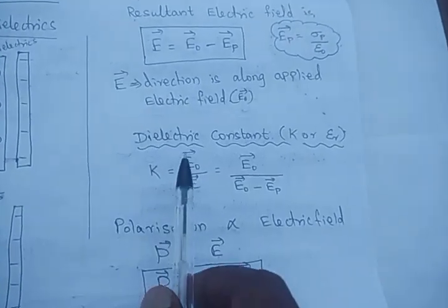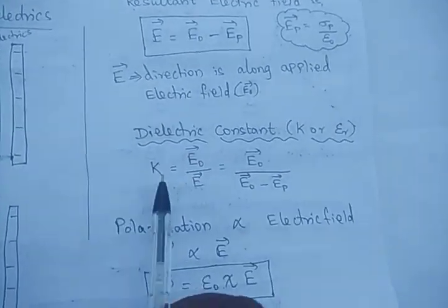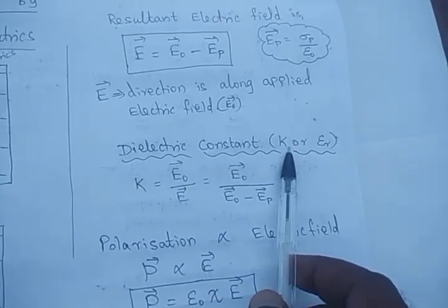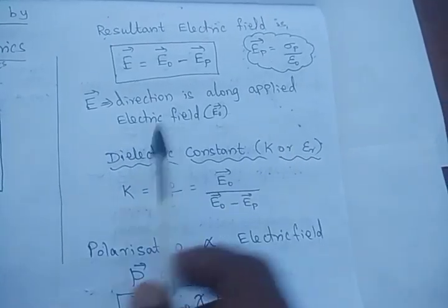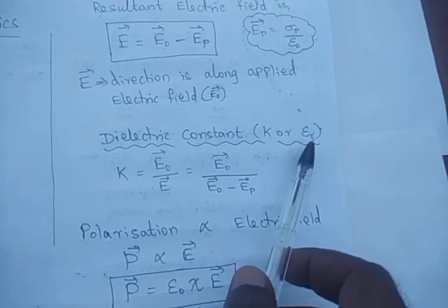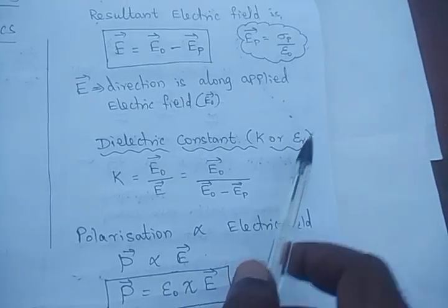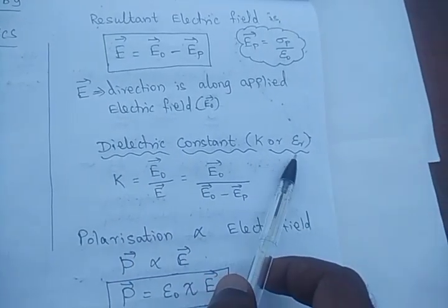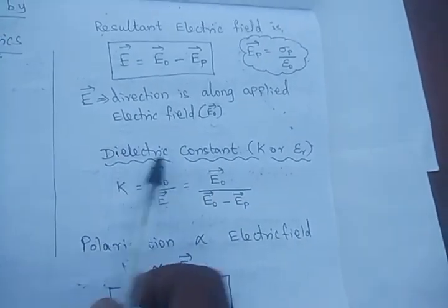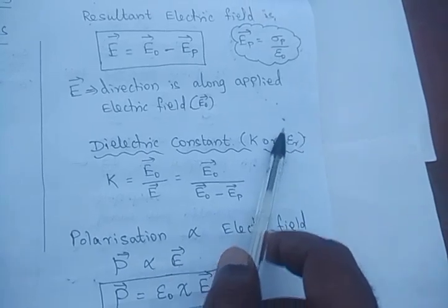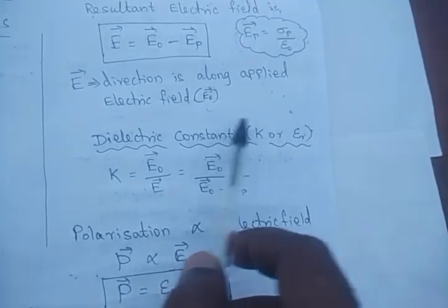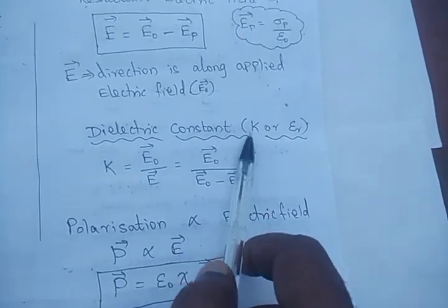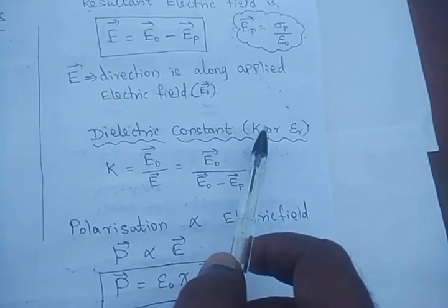Next we will see what the dielectric constant is. We can represent the dielectric constant, as in the first chapter, as epsilon r. Relative permittivity is also called the dielectric constant. I told you in that session itself that we will see it in detail in the capacitors session. So epsilon r is also called the dielectric constant. We can represent the dielectric constant as k, that is kappa.